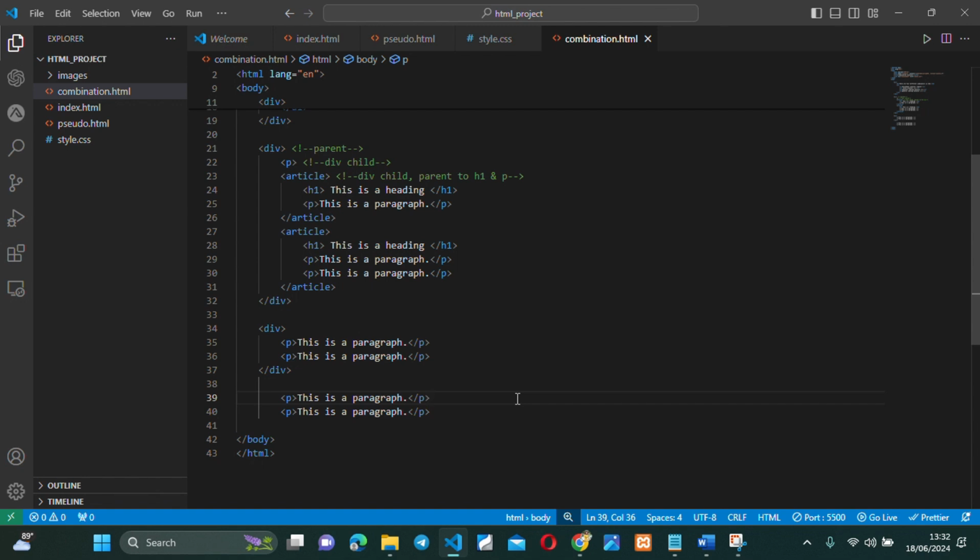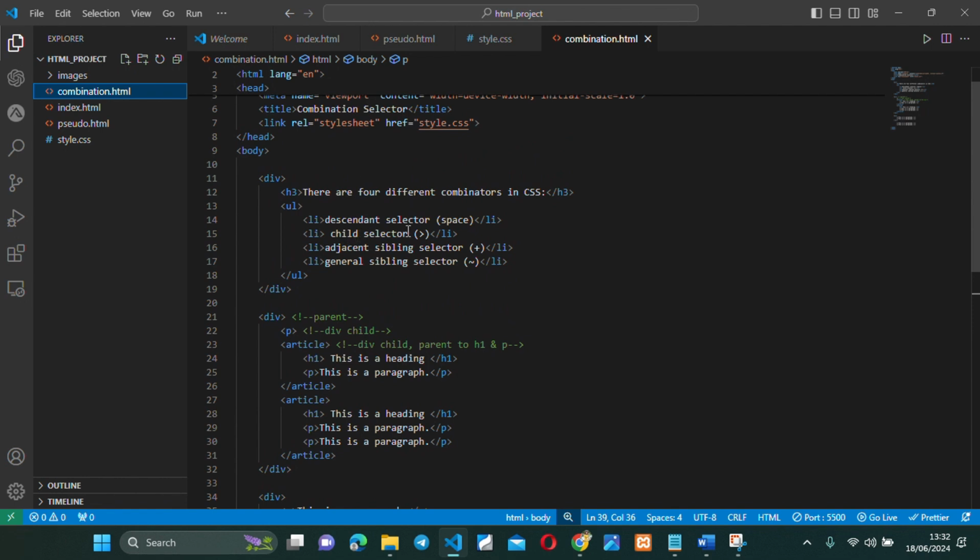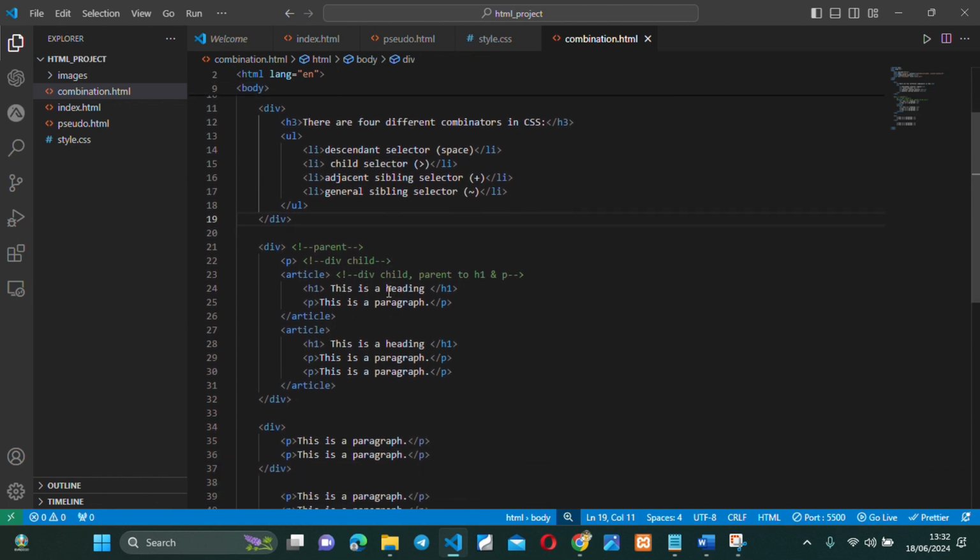Right, so next we are going to see, from our HTML, the child selector. We have seen the descendant selector. Now the child selector is just selecting only the element that is a direct child of the parent. In this case, if we were to select this paragraph, if we say the child selector P,